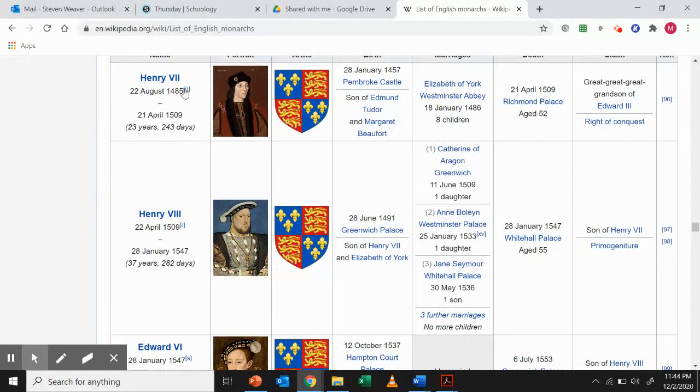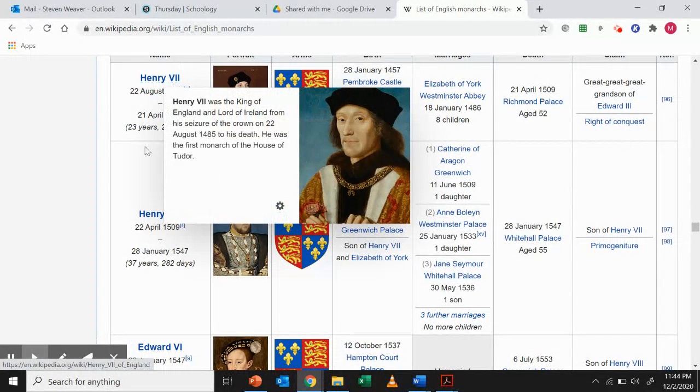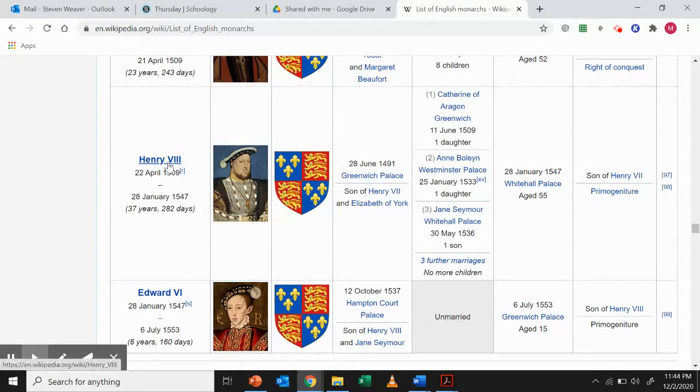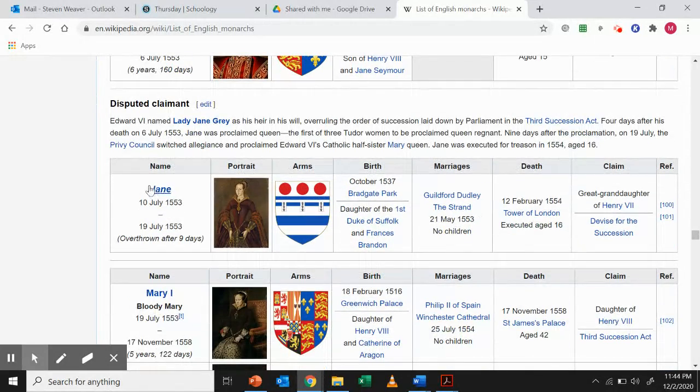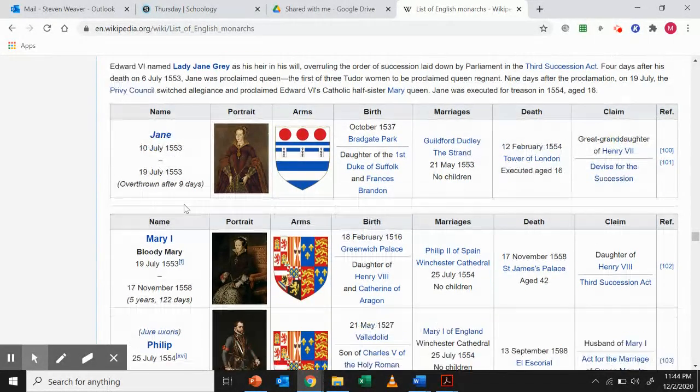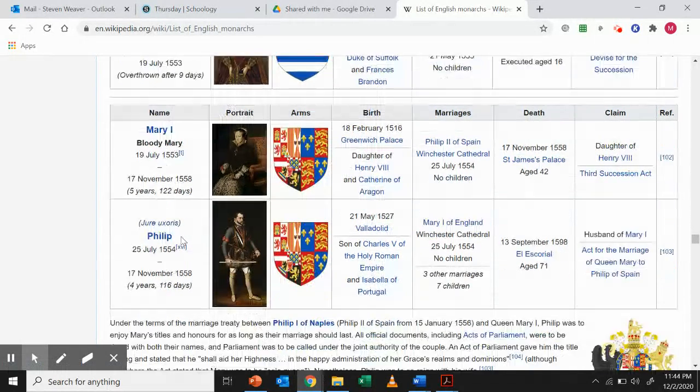So we've talked about Henry VII, Star Chamber, started to centralize. Henry VIII, act of supremacy, centralized even more, created the Anglican Church. His son, who turned the country Protestant, really didn't do very much. Don't worry about Lady Jane. Basically, she was in charge for 9 days. She's never really accepted as the queen. You really don't need to know her. She was overthrown and killed because they saw Mary as the true heir to the throne.